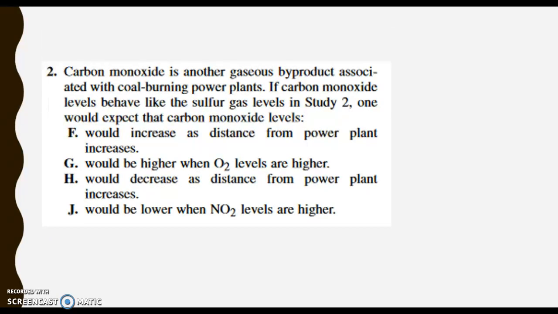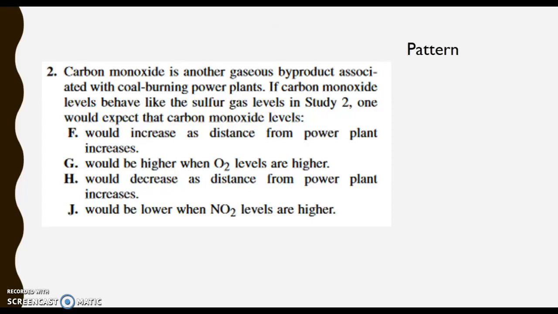Question number 2. Carbon monoxide is another gaseous byproduct associated with coal-burning power plants. If carbon monoxide levels behave like the sulfur gas levels in Study 2, one would expect that carbon monoxide levels would, our answer choices are increase, be higher, decrease, or be lower. So if we go back to Study 2,